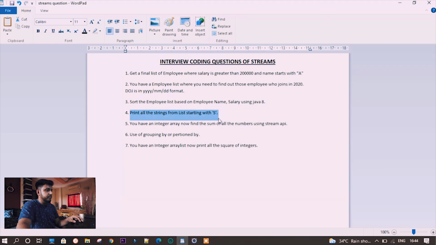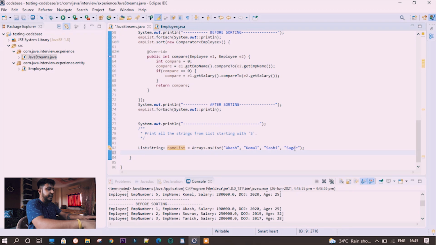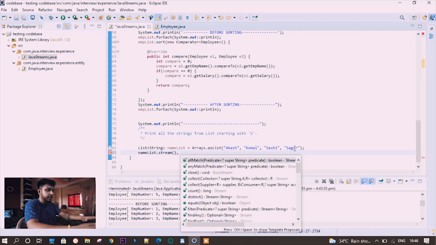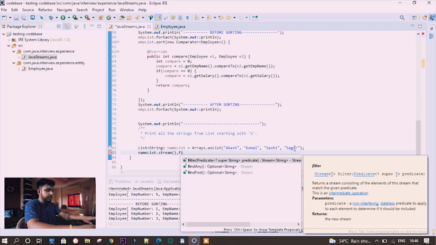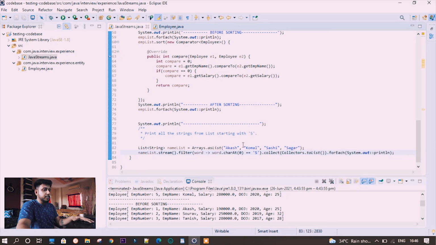Next, print all the strings from the list starting with S. Let's take some names then, let's say Akash. Again stream, then filter, then let's check something.